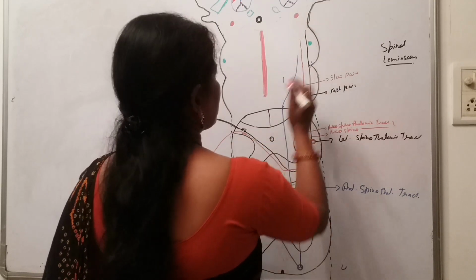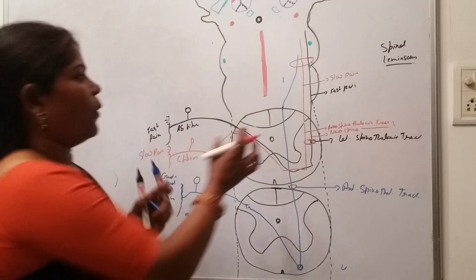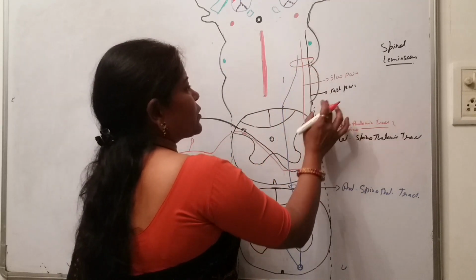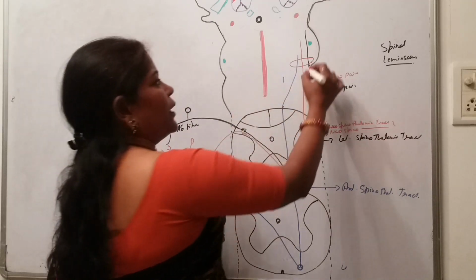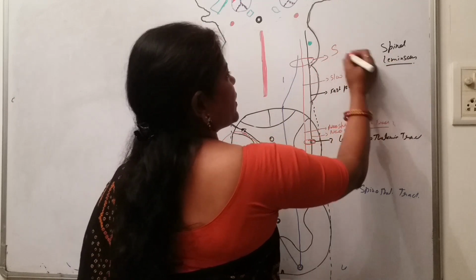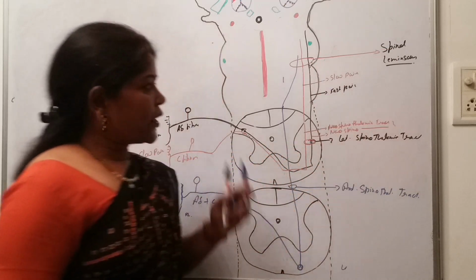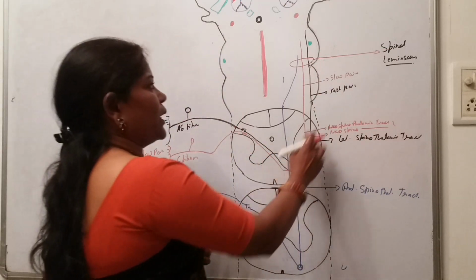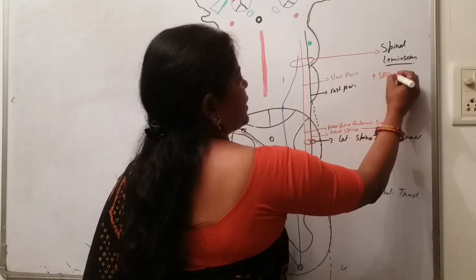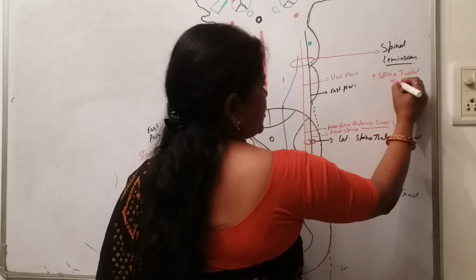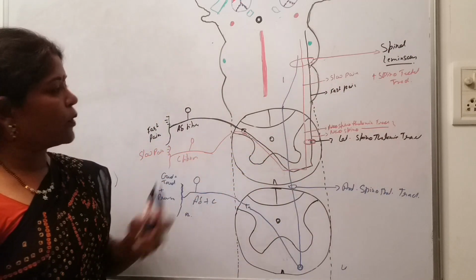These common bundle which is formed, which is converged together, all the three tracts here, the paleo-spinothalamic tract, that is the lateral spinothalamic tract, and the anterior spinothalamic tract, it is known as spinal lemniscus. Okay, it is known as the spinal lemniscus here. There is one more tract here which will be included along with the spinal lemniscus, is the spinotectal tract. That will be the spinotectal tract, which is included in this spinal lemniscus along with the spinothalamic tracts.